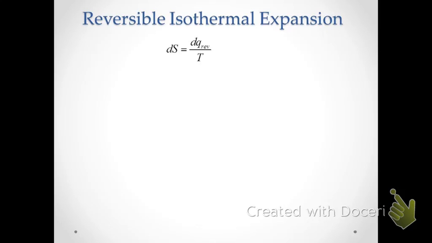In this situation, again, we go back to our definition for entropy. dS is equal to dq reversible over T, and we need to figure out for this process what dq reversible would be. Now, of course, if we assume an ideal gas, we know that for isothermal processes there is no change in the internal energy, and that means that dq is equal to negative dw. And since dw is equal to P dV, and also since this is a reversible process, we're assuming that the external pressure is infinitesimally close to the internal pressure, then we have the situation where dq is equal to nRT over